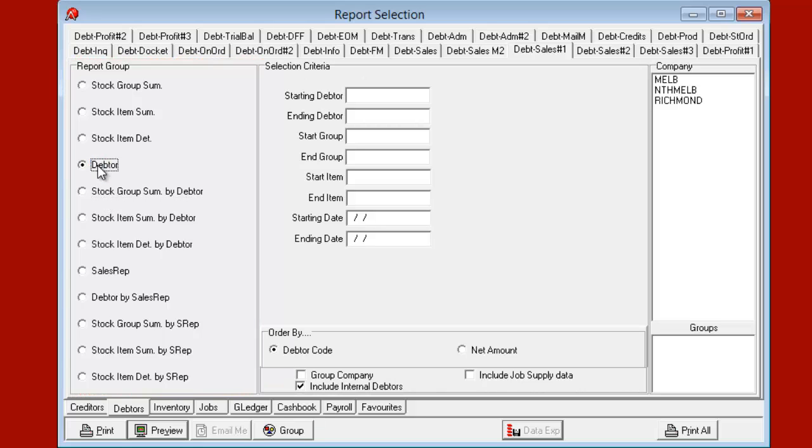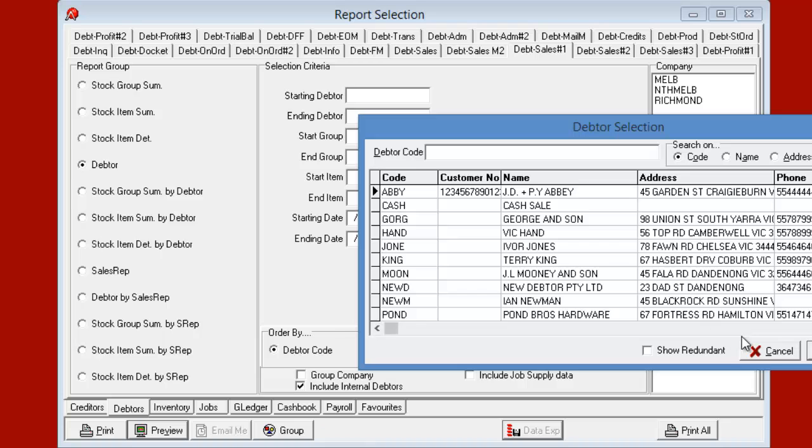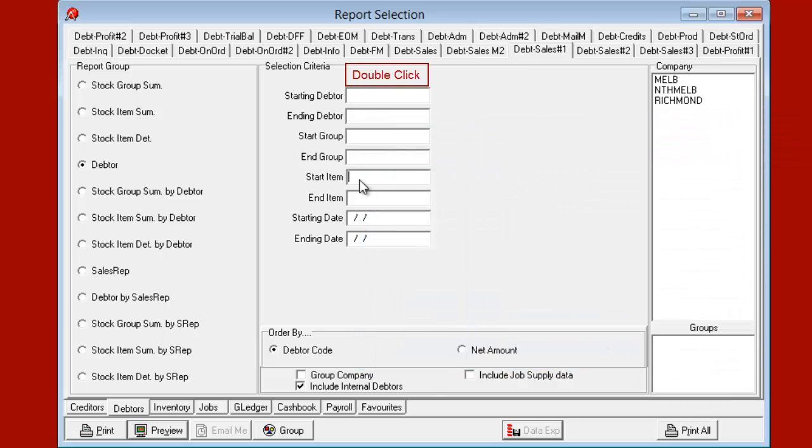and depending on the report you will have the availability of selection criteria. I'm double clicking. Branch or company selection to filter the data, including multi-select, where you can hold the control key down